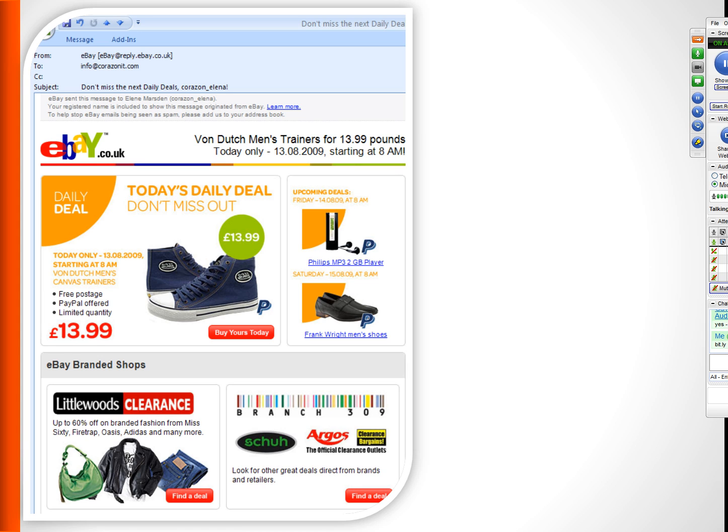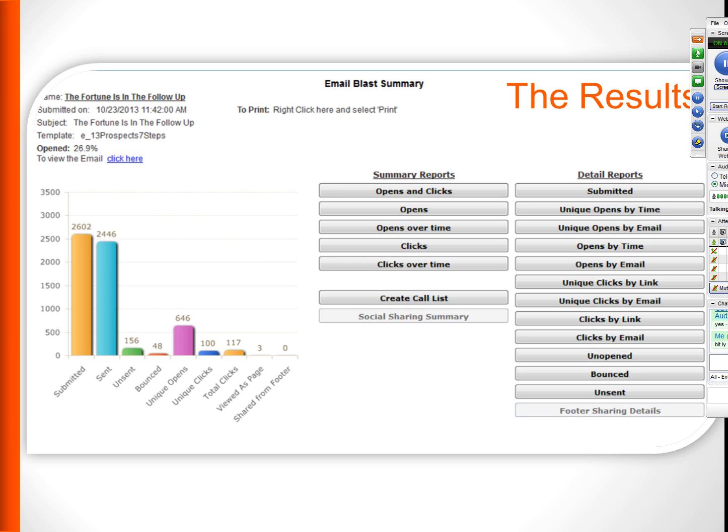So compare this very basic, simple template to something which is more of an HTML style template. This is one from eBay, but Swiftpage enables you to set up your own HTML designed templates, and in fact you can import them. So if you've already got them designed by an external designer, you can just import all the images and the HTML. So the two different kinds, and sometimes there's a place for a more personal, regular email looking template, if you like. So there we are.